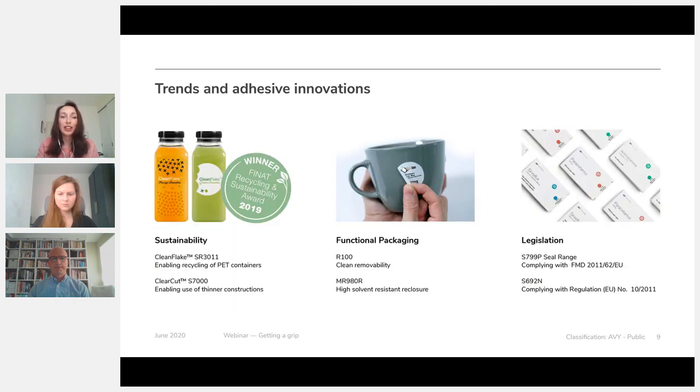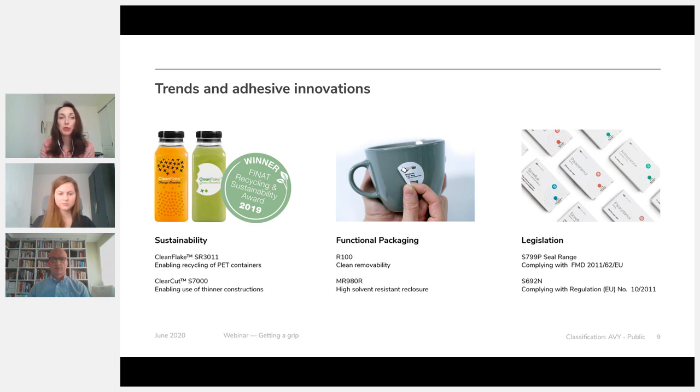And then let's look at the trends and adhesive innovations. Potentially now in the time of COVID, you could feel that all together we have made a step back when it comes to sustainability, because we saw quite an increase in the usage of pre-packed food and even single-use plastic, which was totally not the direction we were going for. But it was a necessary way to protect the well-being and health of all of us. We do believe this is a temporary